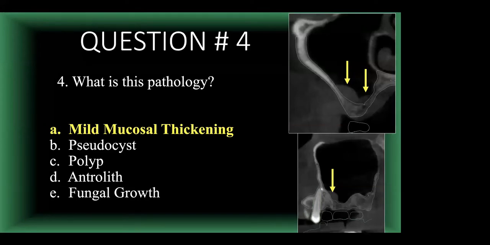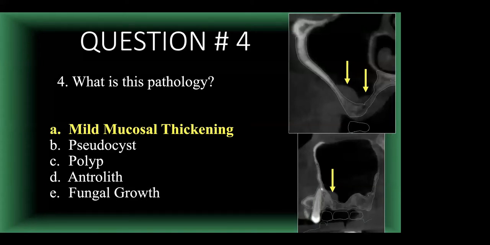Polyp, which is usually in allergic rhinosinusitis patients, almost always starts up by the ostium, spreads to the walls, and then the last area is usually the floor. An antrolith is any calcified mass in the maxillary sinus. So if there is a burr, a tooth broken off, or an implant up in the sinus, it will calcify, and that